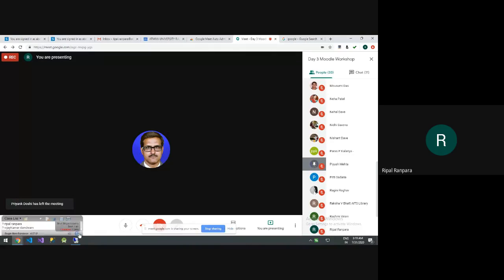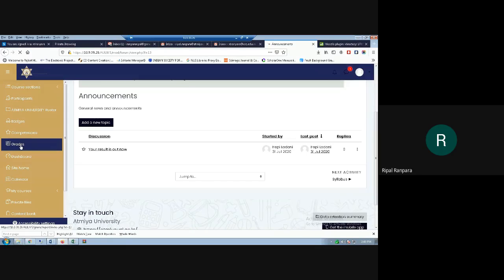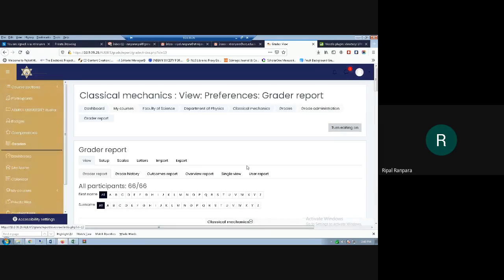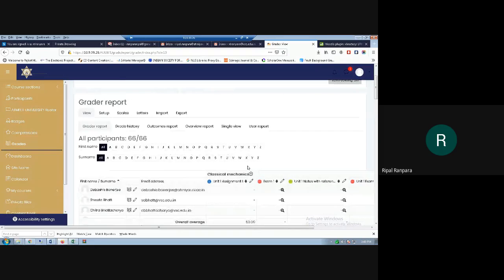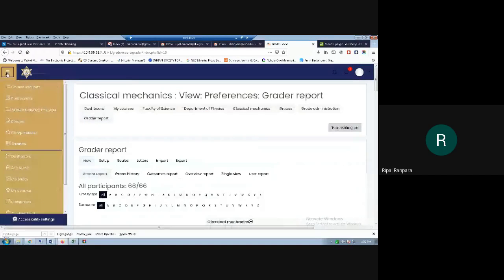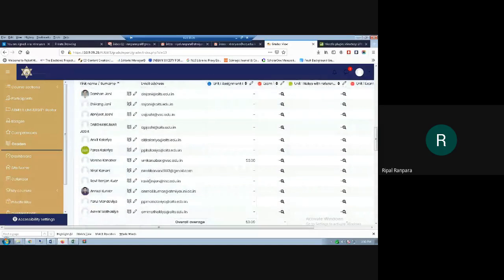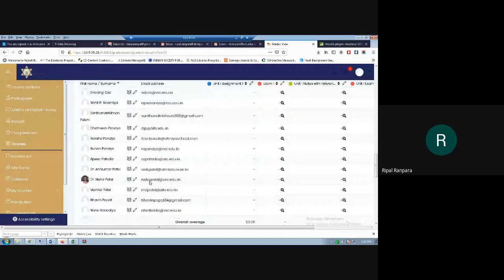So moving further, I wanted to share grades, the most important thing, the grades. How do I come to know whether the student has completed the given particular assignment or not? So what I need to do is click on grades from the toggle navigation menu. From here we'll be able to see all the students enrolled in your course.